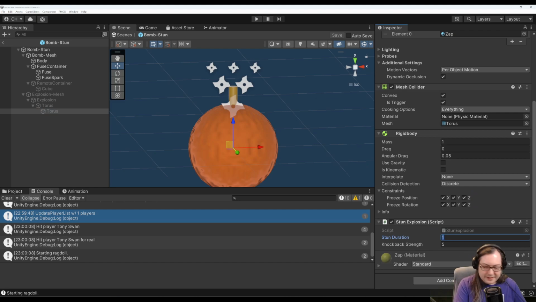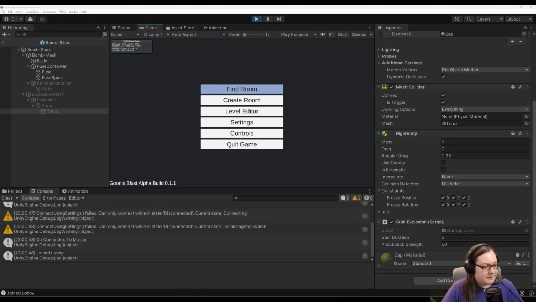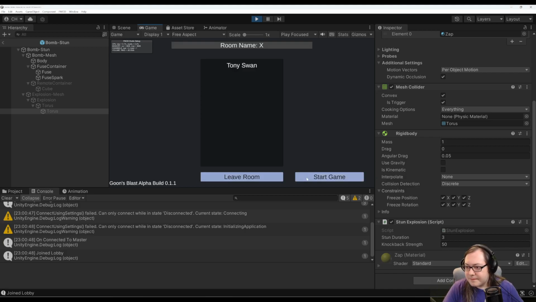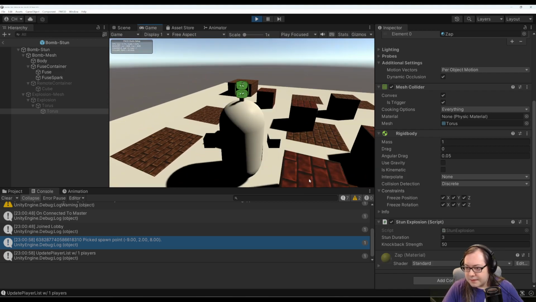Also, might be better to stun them for a little bit longer than like a second. Try 3 seconds. And then that did like nothing, so I say we just crank it up 50. You know what? I can edit these in game. I don't know why I closed everything. Okay. And